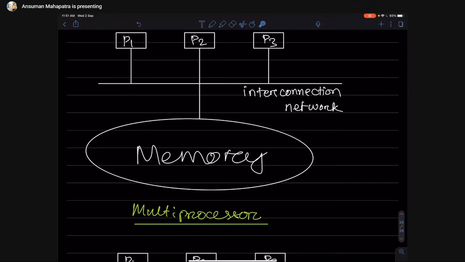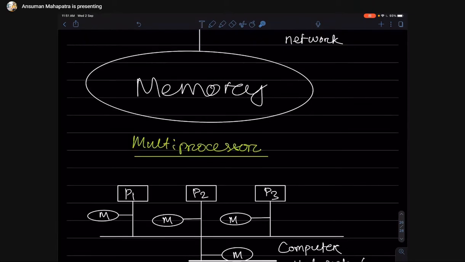They are connected to memory via an interconnection network. Memory is shared among them, so any processor can use this memory at any given time. This connection network is called the interconnection network.